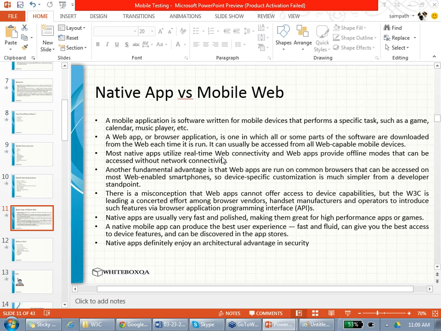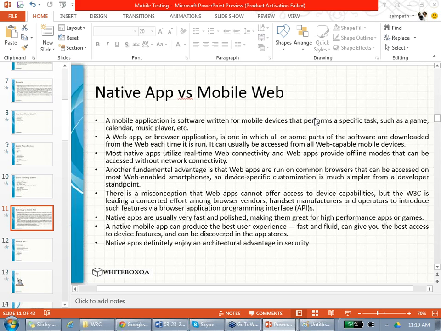Agreed? Native apps are usually fast and polished. They can use the graphics and everything of your mobile phone. Agreed? They can have all the colors and everything, but mobile web applications can't, because they are inside a browser. Okay? And can you play a game in mobile web, or can you play a game in a mobile native app? Would you like to open Google Chrome on your iPhone and play a game, or would you just click the app and play the game? An app means performance. That is what I'm telling. High performance is from native apps, not from mobile web apps. Agree?